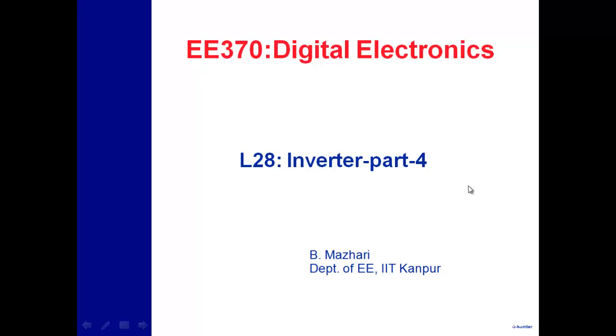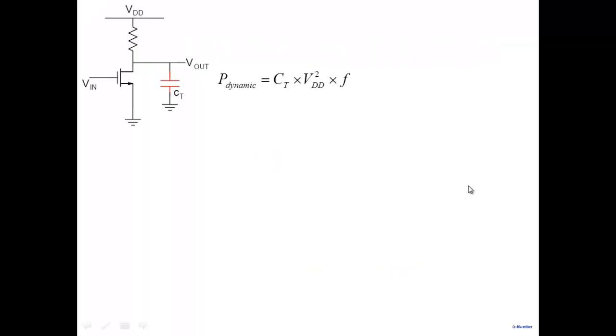All right, so let's start. Last lecture we were looking at our very simple inverter with an NMOS element and a resistor here. We looked at the delay, and we had looked at noise margin earlier. And in the last lecture we were looking at the power dissipation, and we had derived this particular expression that